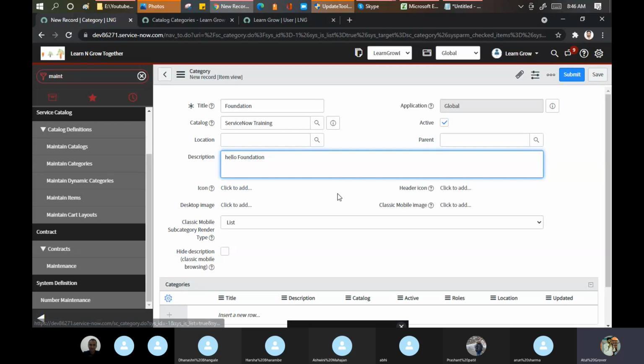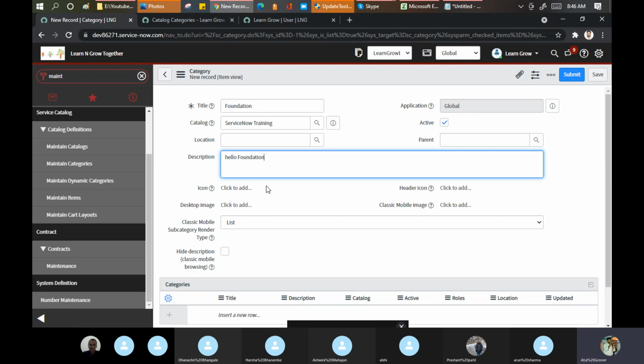Images you can add. I'm not putting this here because after today's class, you have to create your own catalog. You have to create your own category. You have to create your own item as well. So don't feel lazy in this case. Think of your use case and create one catalog, one category, one item. More than one catalog, more than one category. And do all these things, images and all. I'm not going to put it here now.